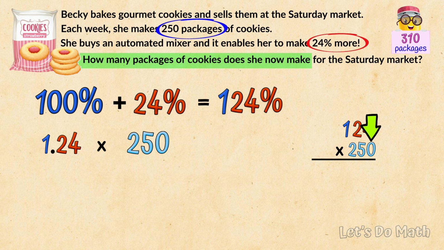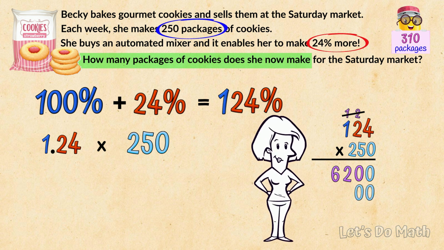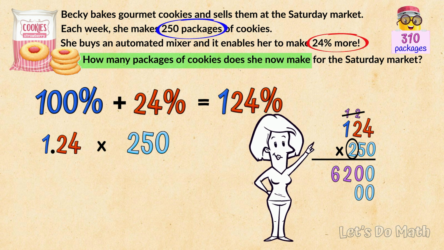The ones column is a 0, so we don't bother with it and we jump straight to the tens column. Start the line with a 0. 5 fours are 20, 5 twos are 10, plus 2 is 12, 5 ones are 5, plus 1 is 6. Next line, now we're multiplying in the hundreds column, so start with 2 zeros. I'm multiplying by 2, and I can see it's easy to double the line. 2 times 124 is